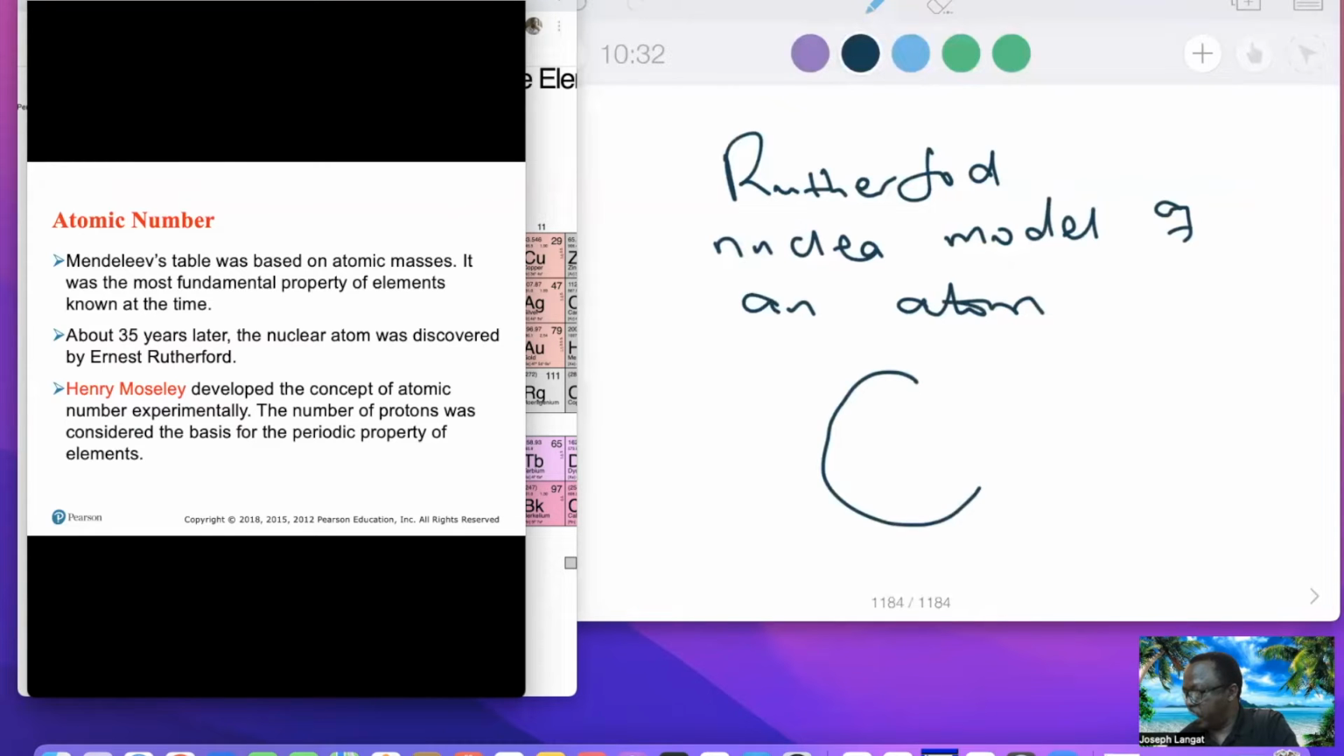So we have this. He proposed that electrons are outside what? Outside the nucleus. We know in the nucleus we have the protons, which are positively charged. This is the nucleus model of an atom. Okay, so now what Moseley did was he developed the concept of atomic number experimentally. How did he do that? It's because